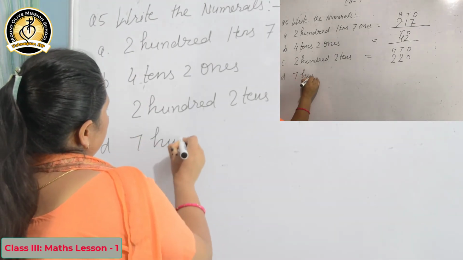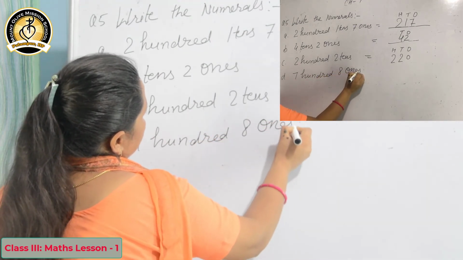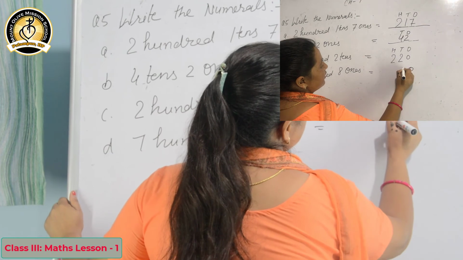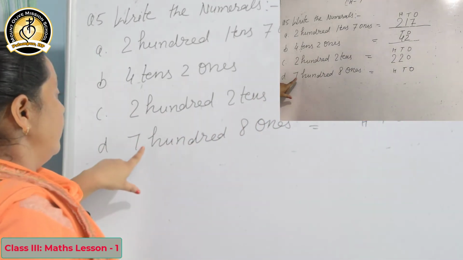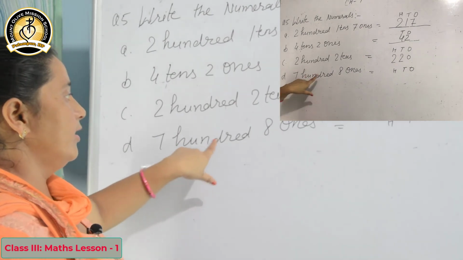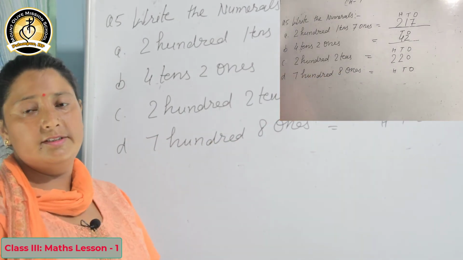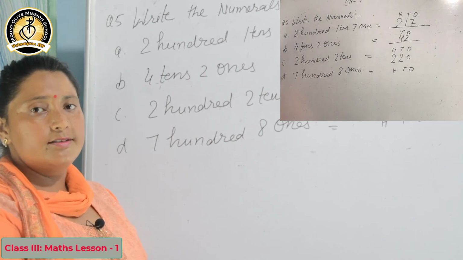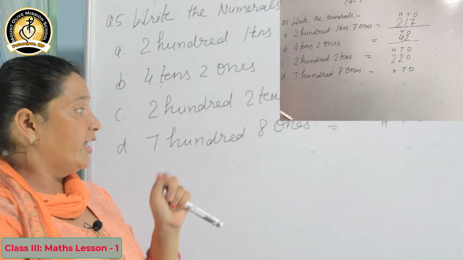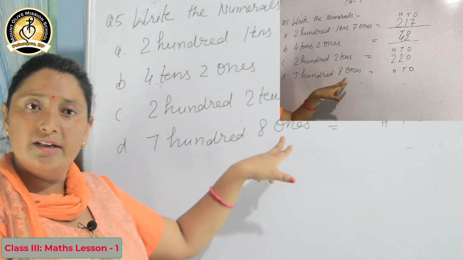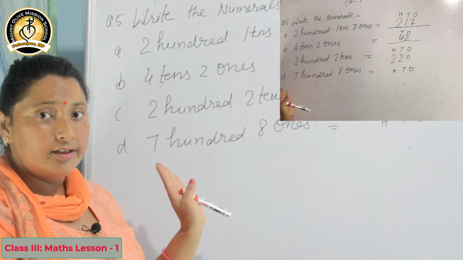And next one is 700, 8 ones. First of all, write place value ones, tens and 100. Look at the here, 700, 8 ones. Which place value left here? Yes. Yes, tens is not here. Okay. Only 100 and ones. Okay. Tens is not here. So what we can do?